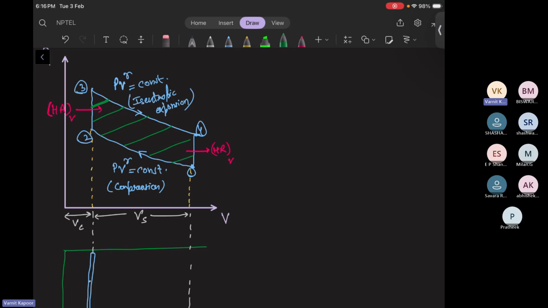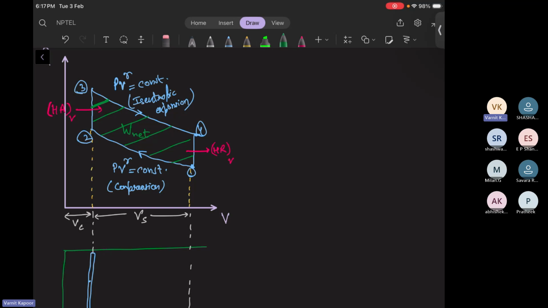So this is work, net work. Okay. If the area is directly given to you, that means you are getting the net work. That is why we plot the pressure-volume plot. And eventually the temperature-entropy plot will be our second scenario, from where we get the net heat interaction. So let us draw